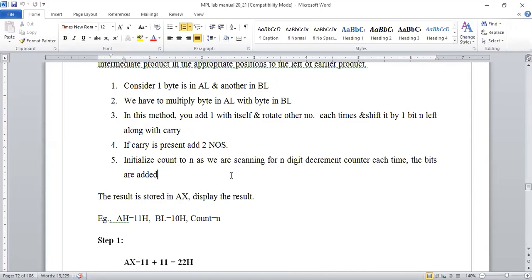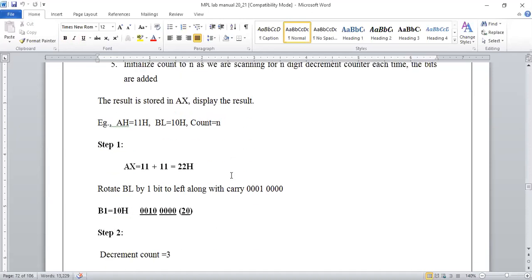We need to take a binary conversion, right? So we'll take it with an example. Here we are given the example also, so you need not go for a separate part for this. So considering 11 and 10 as the two inputs, here we have to give the dynamic input, and for that we need to check the output. For the number 11, we have to do successive addition with itself, right? So it will generate the result as this.